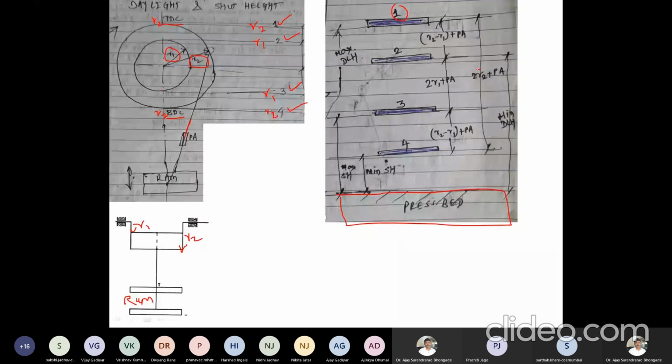Correct. So that will be 2 times R2 plus PA. PA is nothing but the press adjustment. So if I keep the press adjustment as 0 or 20, the stroke will be adjusted accordingly. Now this is the minimum SH.